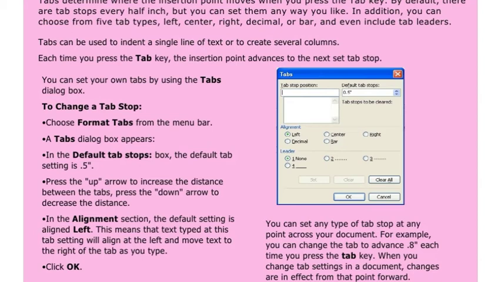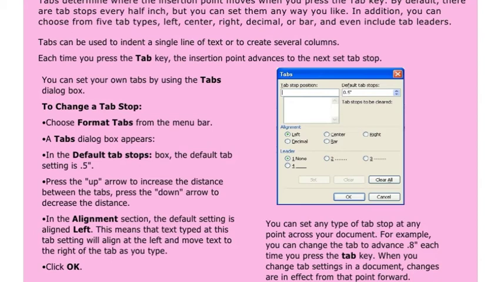In addition, you can choose from 5 tab types, that is left, center, right, decimal or bar, and even include tab leaders. Tabs can be used to indent a single line of text or to create several columns.